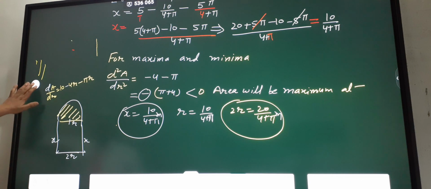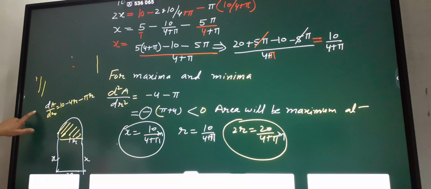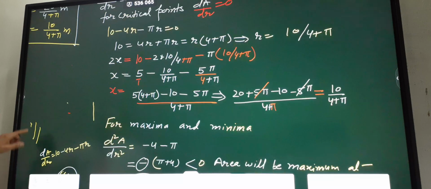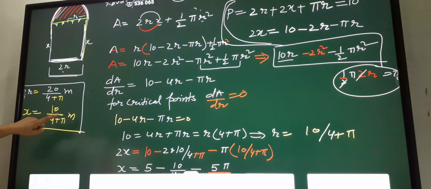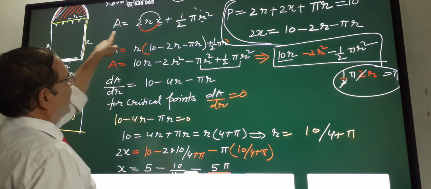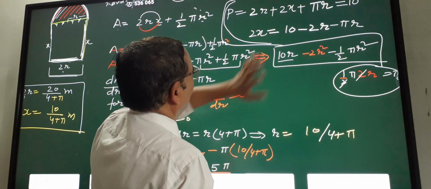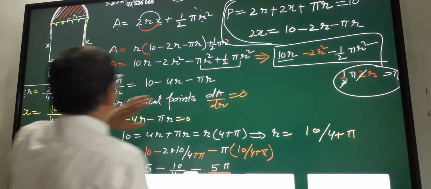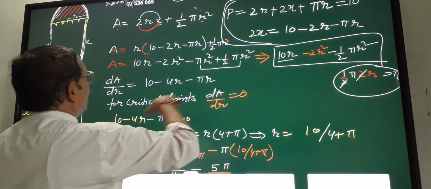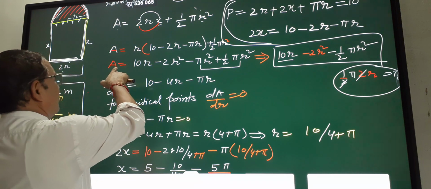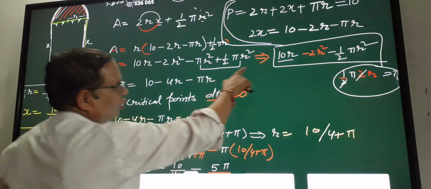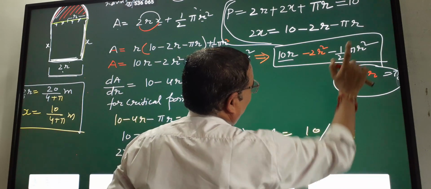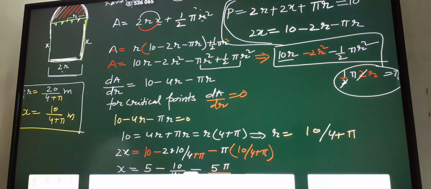स्टार्टिंग से हल्का हल्का slowly मैं नीचे करूंगा, आप देख लीजिएगा. So from here the data, the question is this. So area का function मैंने ये बनाया, area equal to this, and then the given parameter. Then I reduced the 3 variables. So this is the final formula, the function for area: 10r minus 2r square minus pi r square, और इसको sort करके 10r minus 2r square minus half pi r square. This is the function for maximum area.